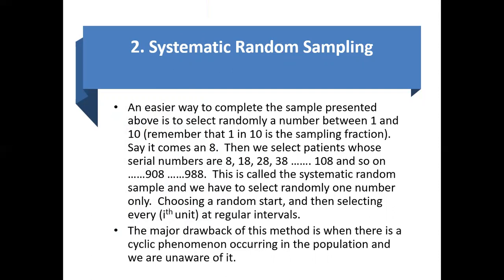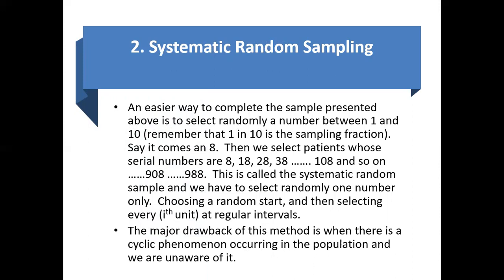Then we select patients whose serial numbers are 8, 18, 28, 38, 108, and so on. This is called a systematic random sample, and we have to select randomly one number only. Here, in this example, we select 8, 18, 28, 38, and so on, choosing a random start and then selecting every ith